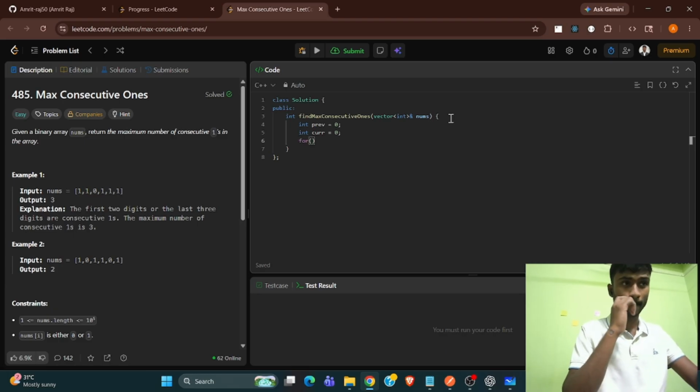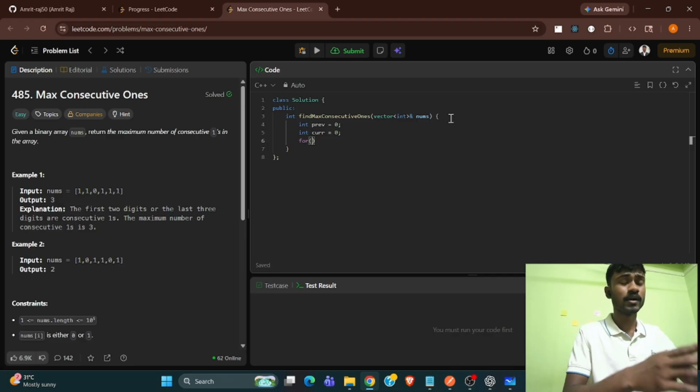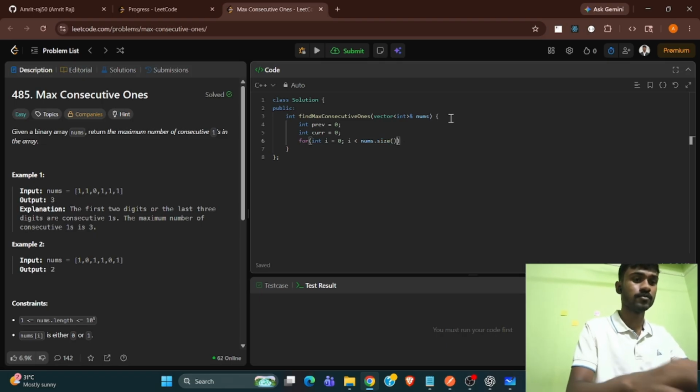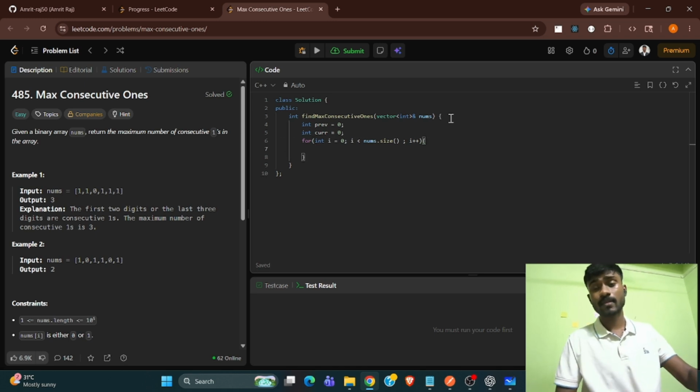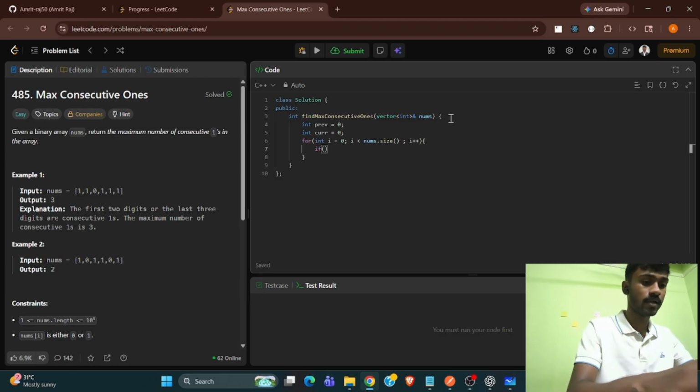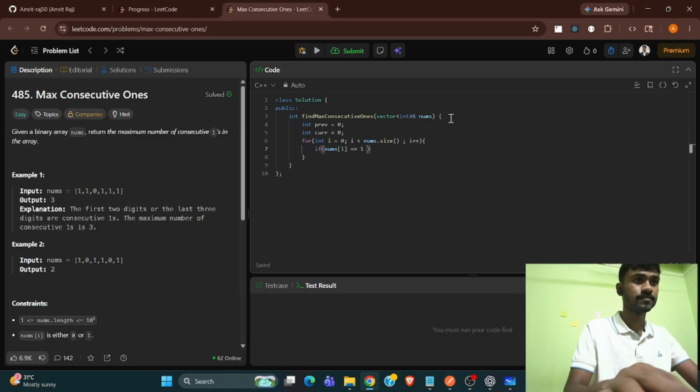As per my approach, I'm going to take one loop and initiate it with 0 till the size of nums, i plus plus. Now I have to check if the element is 1 or not. If the element is 1,